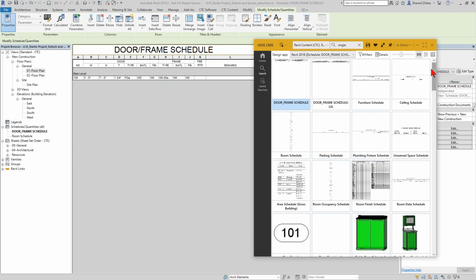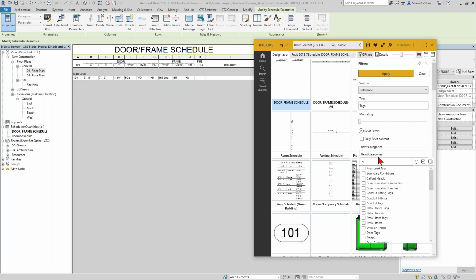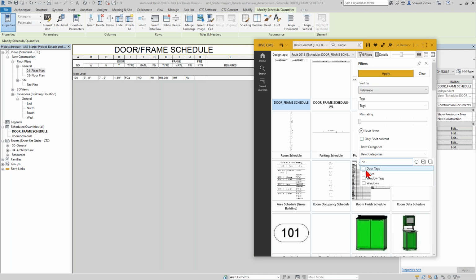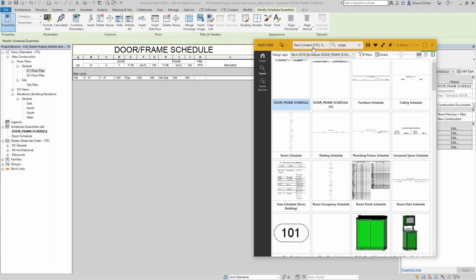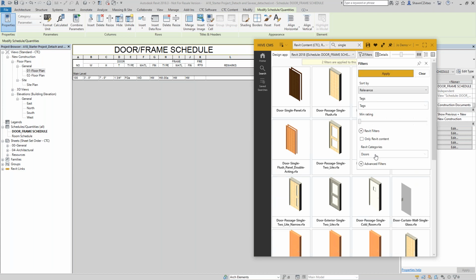I clicked away. I moved my mouse stupidly. Filters, thank you, door category. Here we go. Doors, there we go. So you're constantly doing this, and you're applying that over and over again. The 2 libraries, the single, the filters, the doors. If you find yourself doing the same things over and over and running those same searches multiple times,